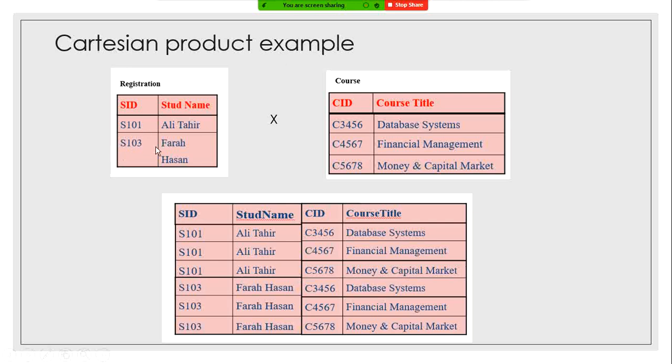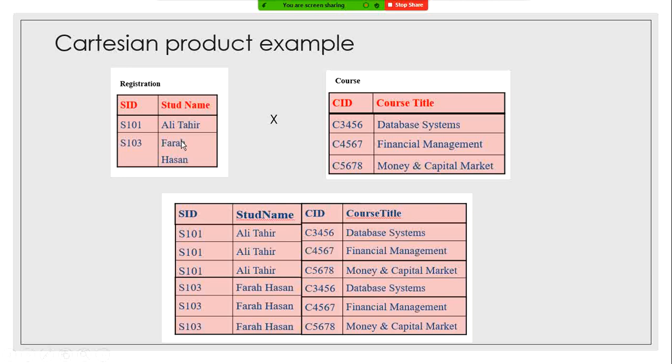Next, we have taken the second record from registration and we have multiplied it with each record of the course table, as you can see here. So this is the resulting table. Now here you can see that we have degree 2 of registration and degree 2 of course. So 2 plus 2, 4. The degree of the resulting table, the number of attributes in the resulting table, is 4.